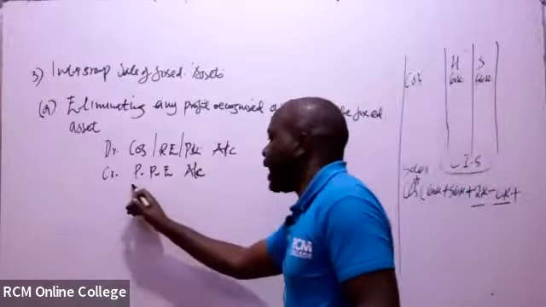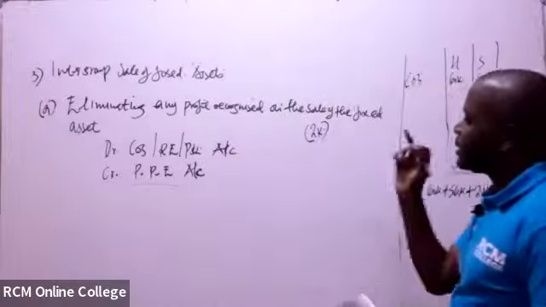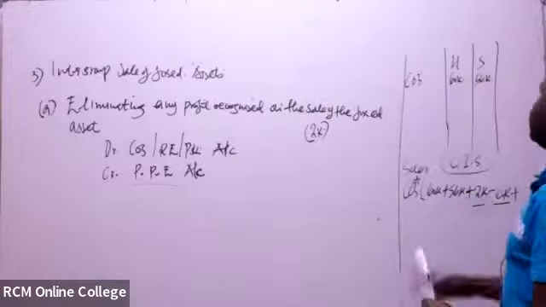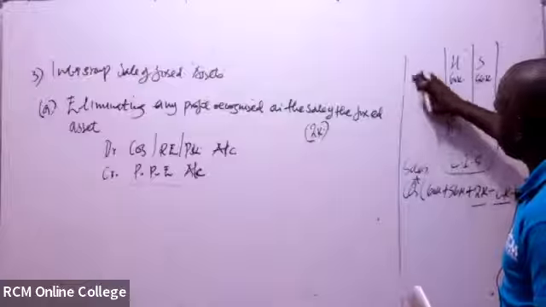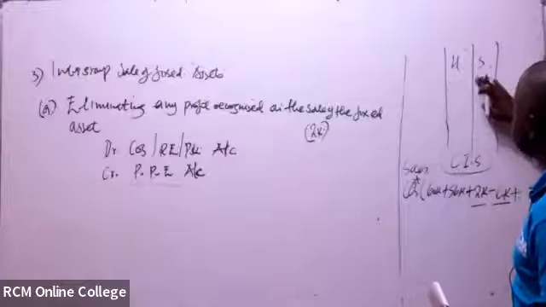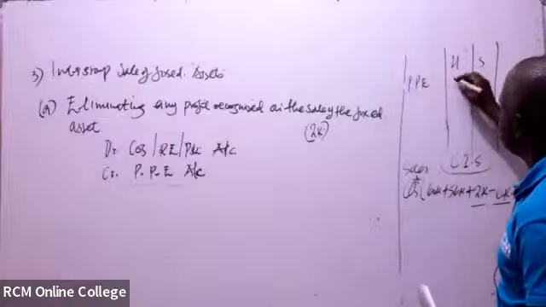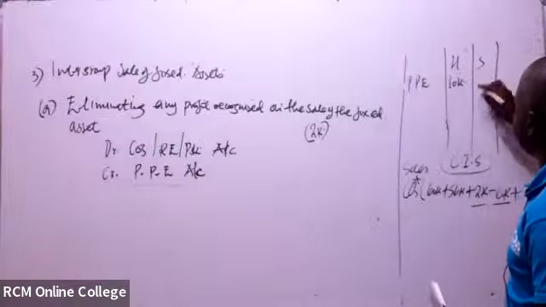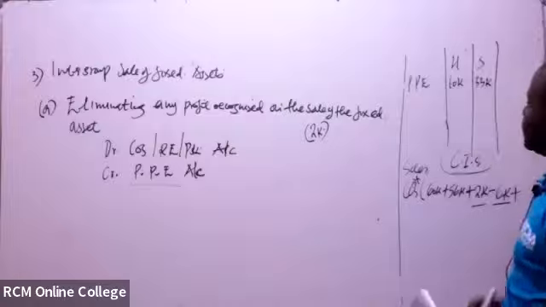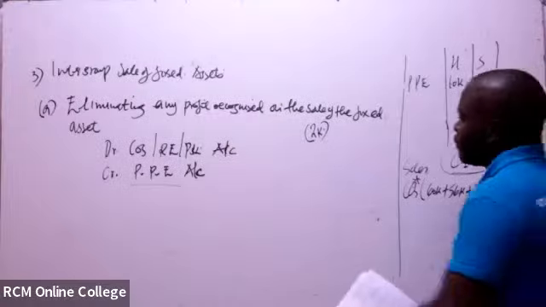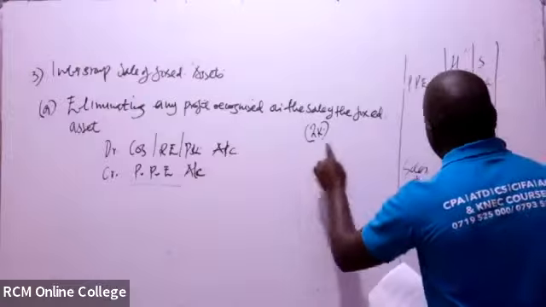For this item, where does it appear? In the statement of financial position. So in the statement of financial position, this is what the question will be giving you. It will tell you that the property, plant and equipment is maybe 10K, and for this one maybe 33K. So if you've calculated this one to come to 2K, when we'll be consolidating,